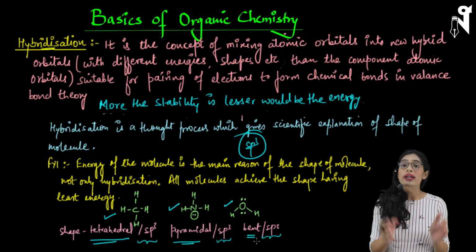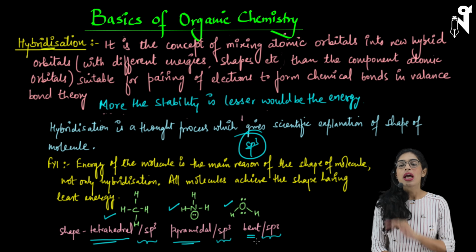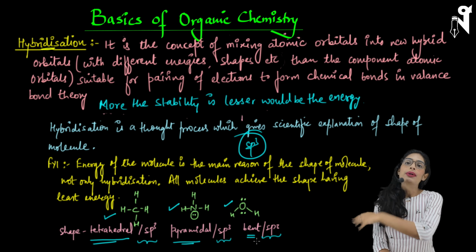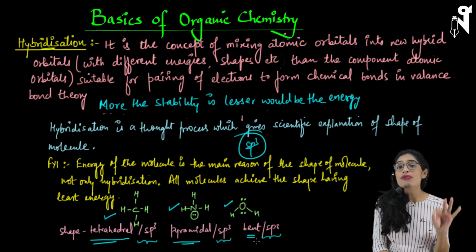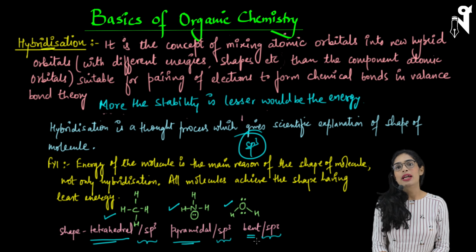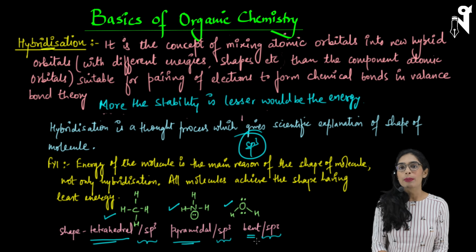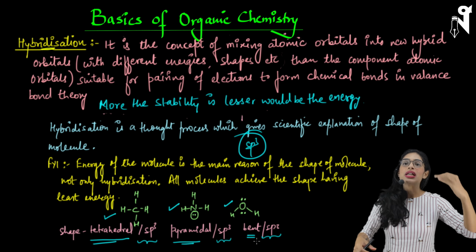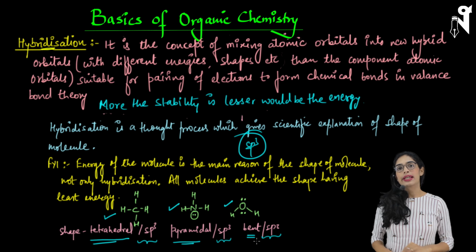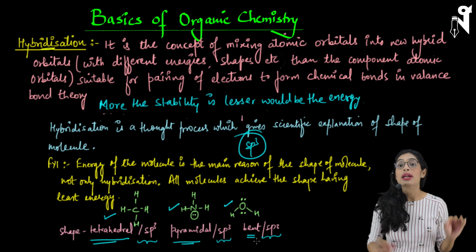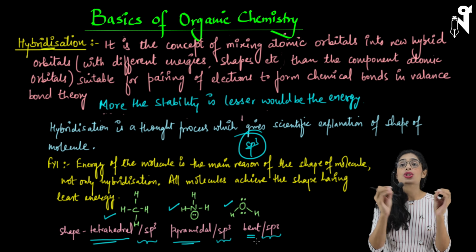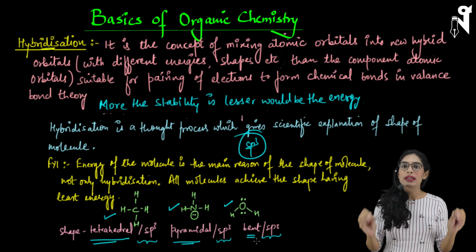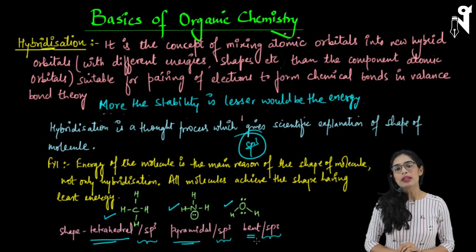Now in organic chemistry, how will it be helpful? Basically, we will be dealing with organic compounds where you will have carbon, carbon, carbon throughout, and we have to understand what is the hybridization of an individual carbon. If I talk about a long chain carbon compound, and somebody asks what is the hybridization of the second carbon, or the third carbon, how to figure out the hybridization of a certain carbon in an organic compound, that is what we are going to learn next.